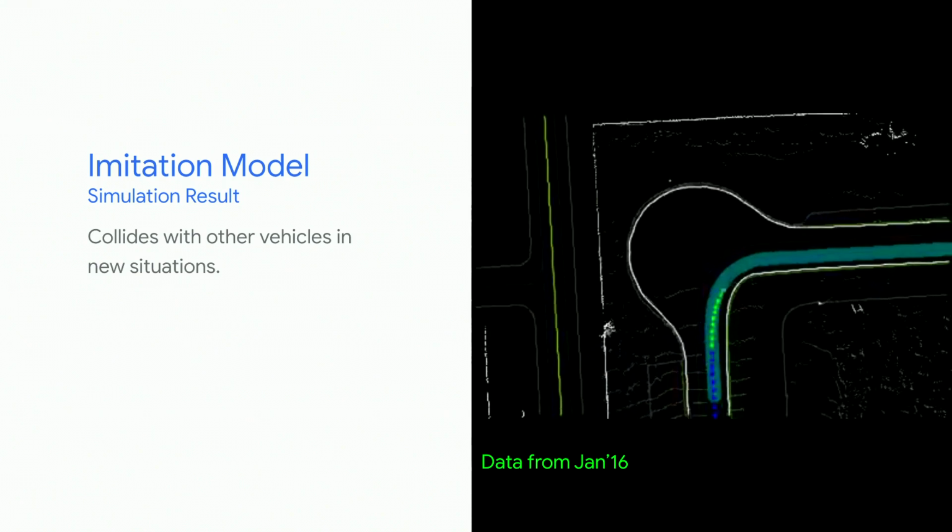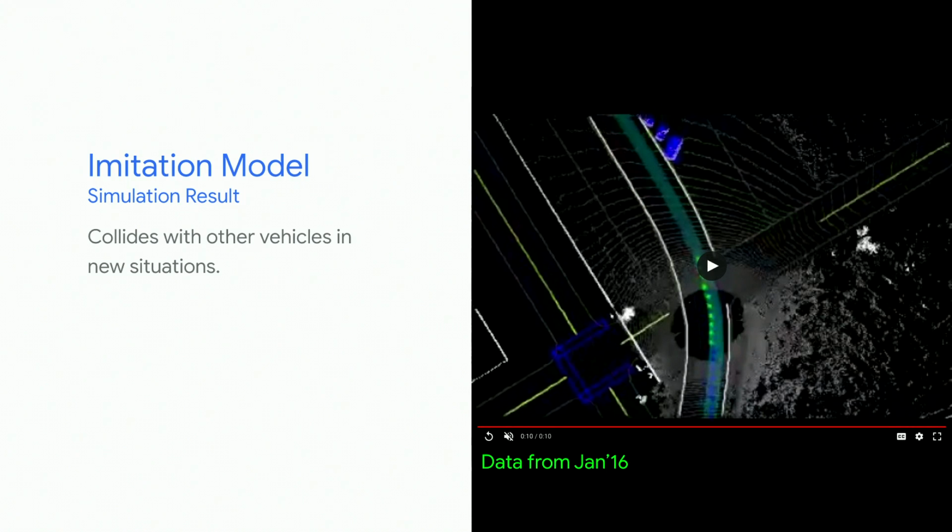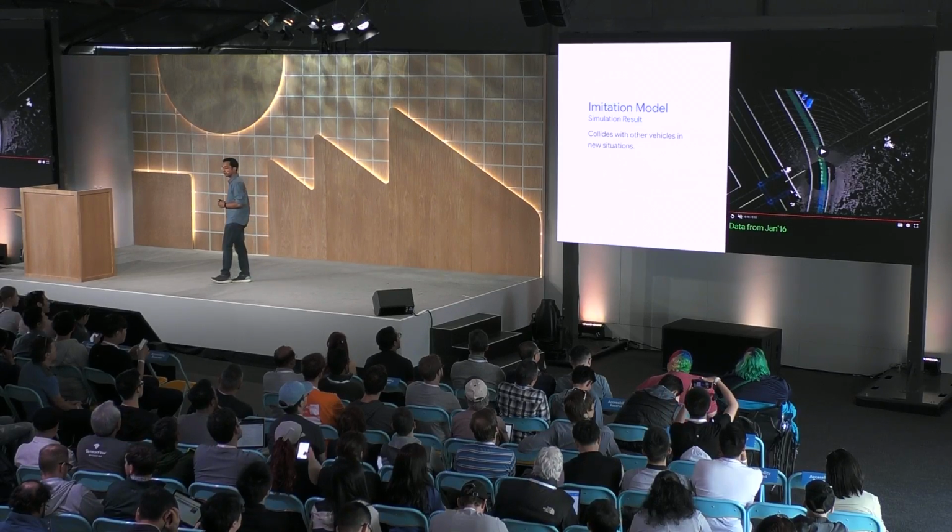And as you saw here briefly, the agent passed right through the unparking car. So the agent has learned to avoid collisions, but clearly not general enough to face these situations. And this situation is rare enough to not be present a lot or even at all in our training data. So how do we fix this?